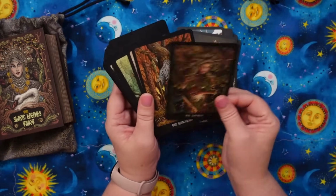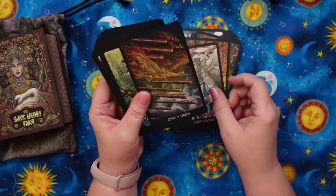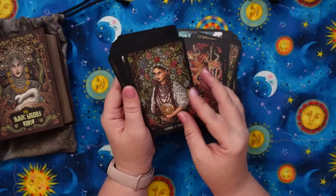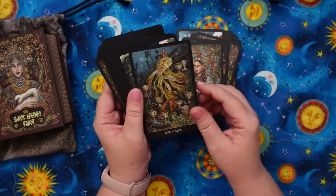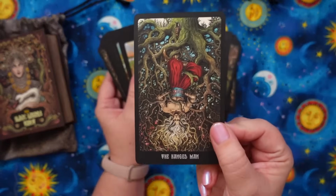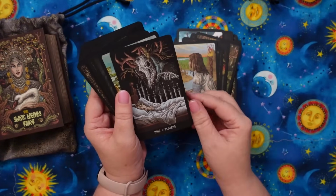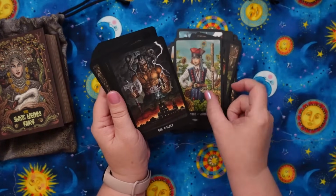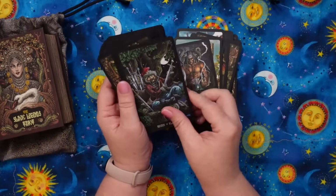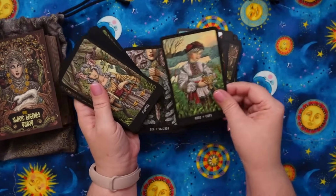I don't have a lot of Slavic, but this is so freaking beautiful. At the same time, is it something that I love because it's beautiful, but because I don't feel drawn to the stories in this deck, to the characters in this deck, or to the themes, as stunning as this deck is? Like, look at this Hanged Man. It's incredible. It's so gorgeous. But I think, come on. I think because of the theme, I don't reach for it. And that's a funny thing to say, but I think...